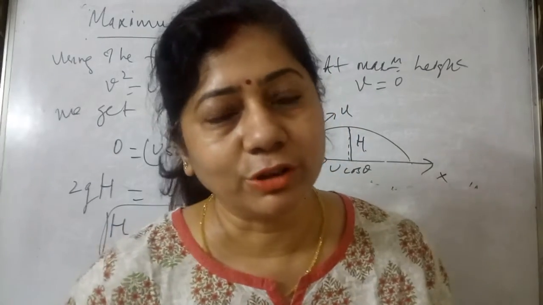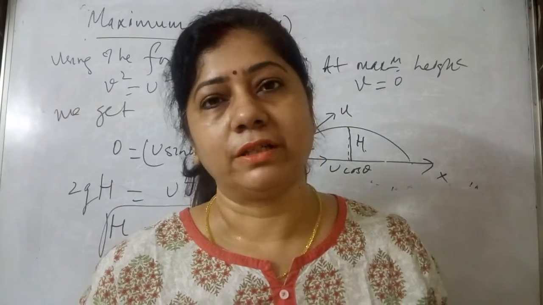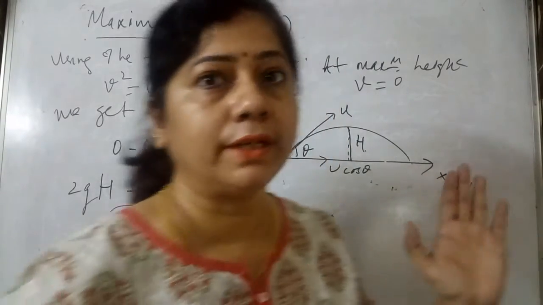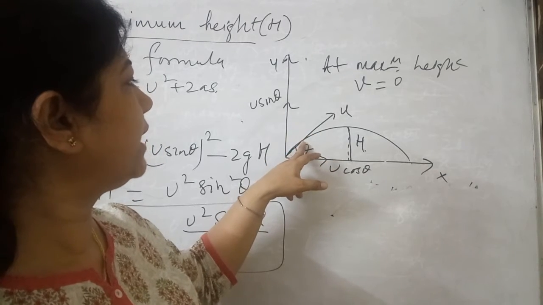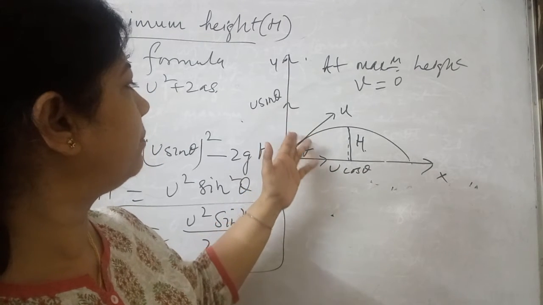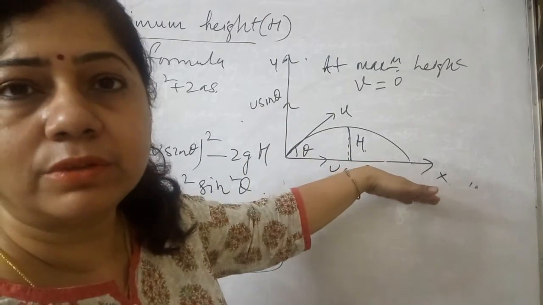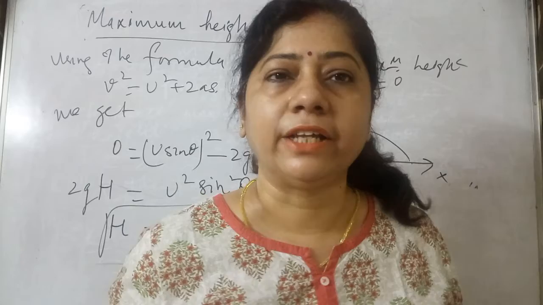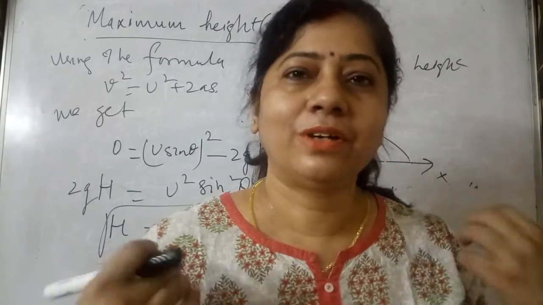Now, one thing I wanted to tell you all: see the angle theta, how it has been given. Suppose the angle theta is given with the vertical. In this case, this will be u cos theta and this will be u sin theta. The entire equation will change. So make sure that you understand what is given, and seeing that, you try to do it.